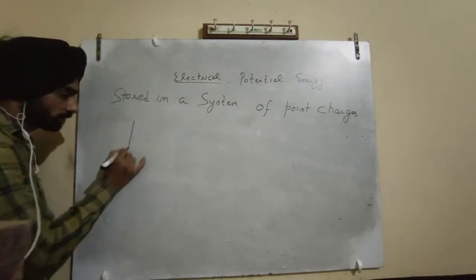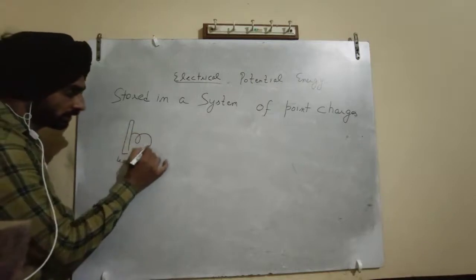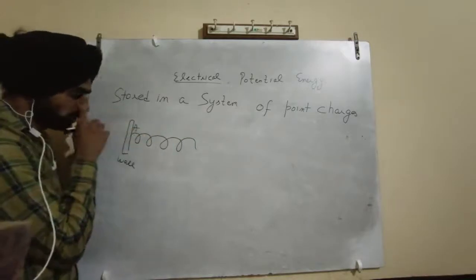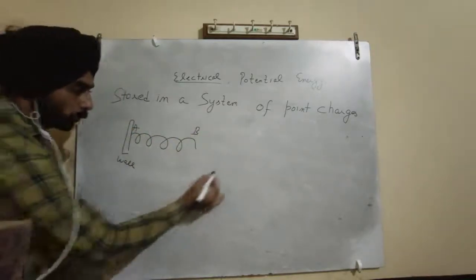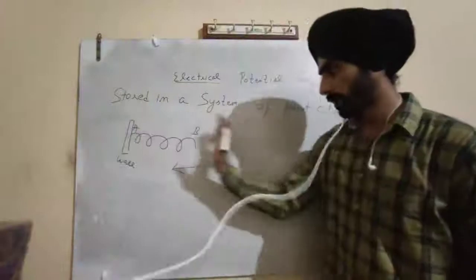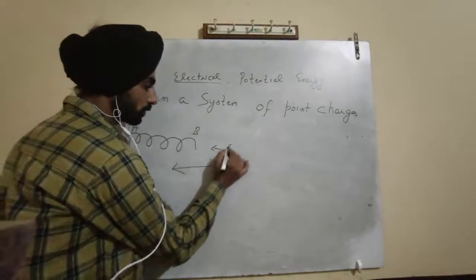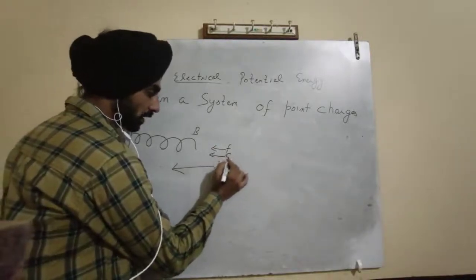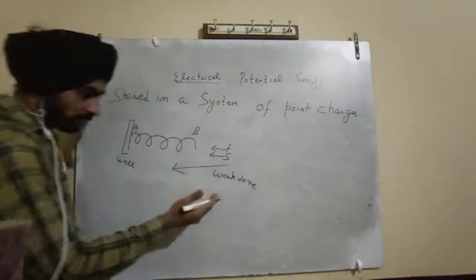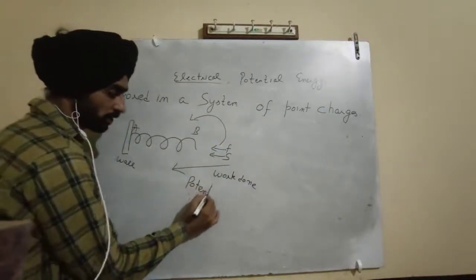Suppose a ball is there, and a spring is attached to it. The spring has two ends, one end is A and another end is B. You compress the spring from B in this direction. You apply the force and compress A. That means you are applying force, and the displacement is in this direction, so you are doing work, and this work gets stored in the form of potential energy. Due to position, it is potential energy, no?